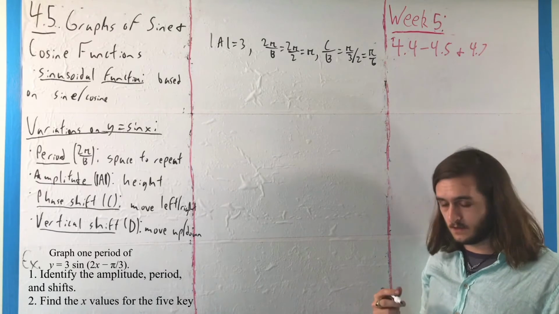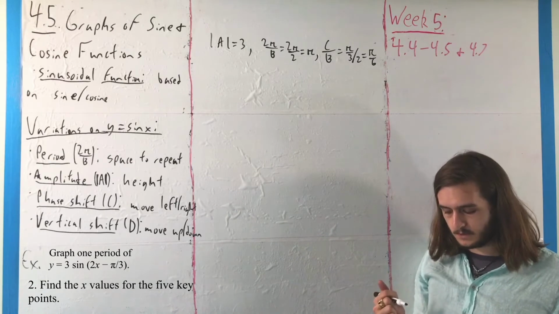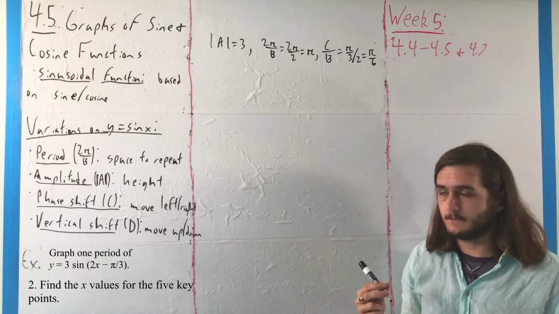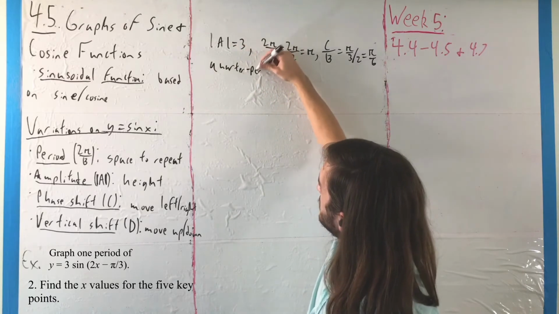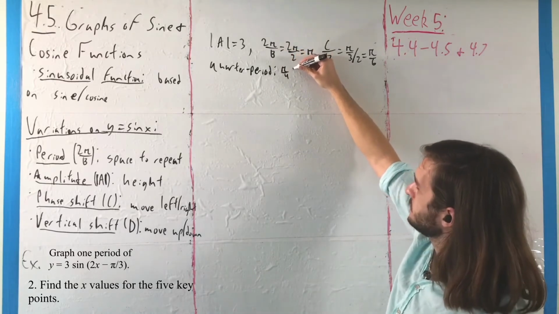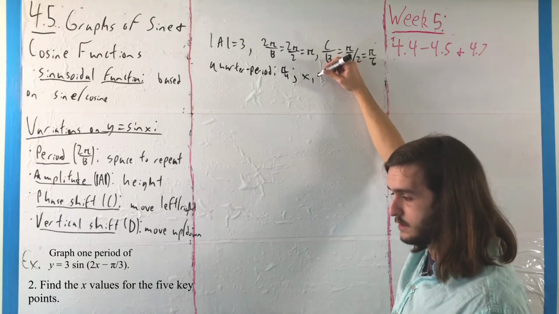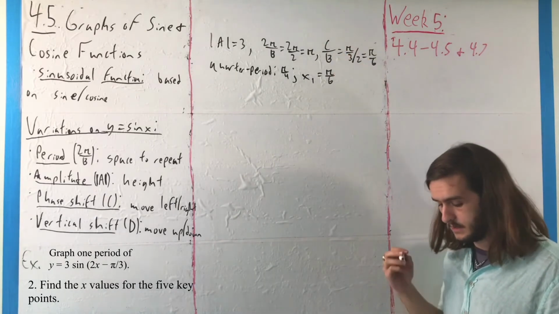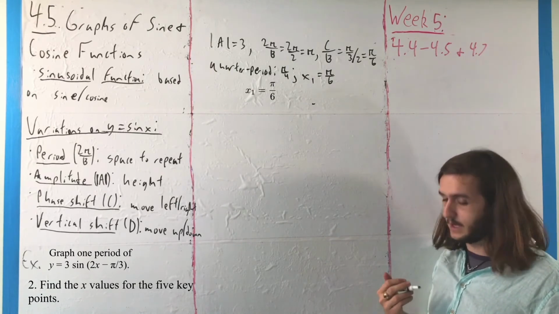And from here, we can move on to our second step, where we want to get our 5 points. Because our period is pi, our quarter period is going to end up being pi over 4. And our starting point, x1, is determined by the phase shift, which here is pi over 6. So taking that pi over 6 and adding to it pi over 4 repeatedly, we will get for x2, 5